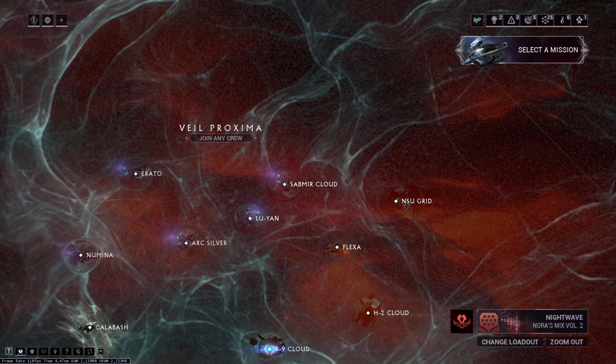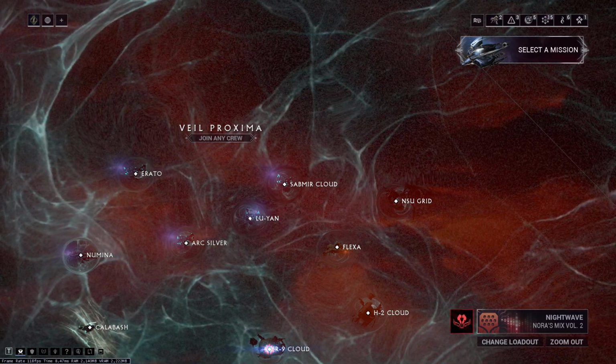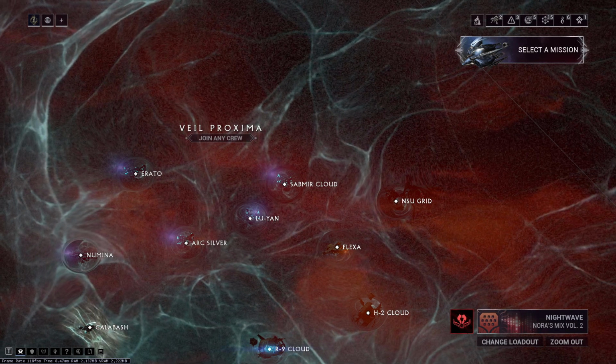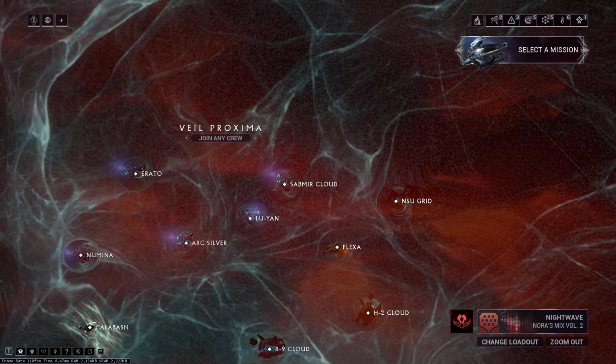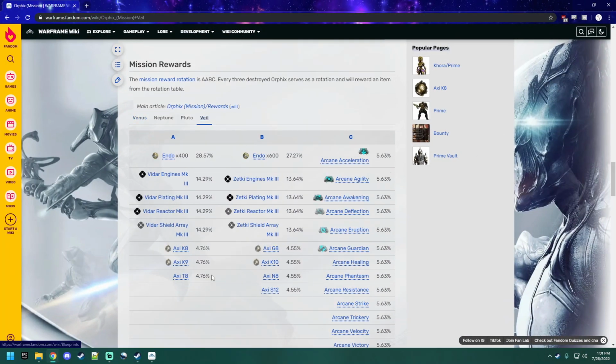Proxima, Orphix. Reward pool. I am super prepared today. And you will have the chance to farm Axes and the Vidar and Zetki parts. And I think